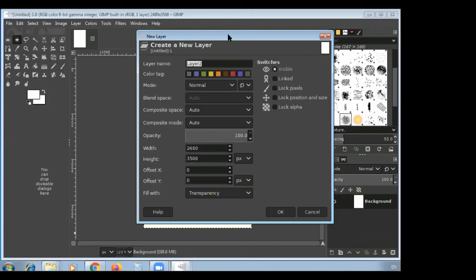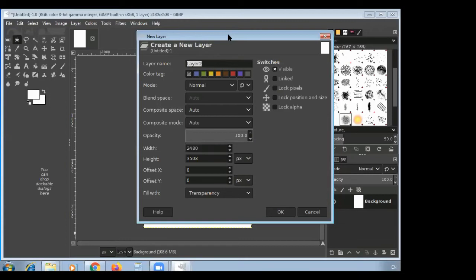So first one, layer tab. It is used to move the layer dialog panel around the GIMP work area. Second one, layer mode menu. It has many options to change the appearance of the selected layer. And third option, opacity. It is used to change the transparency of the selected layer, where 0 is total transparency and 100 is no transparency.